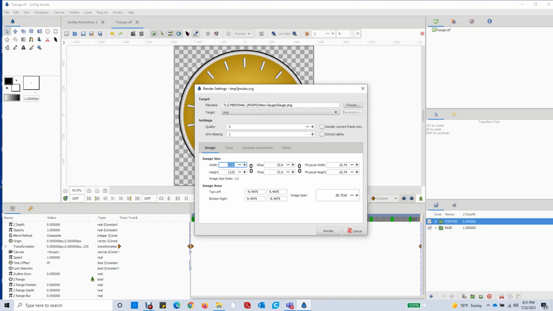Then I'm going to go to the image, and it says, how about I make this image 1133 pixels big? Well, I don't need something that big. I'm going to make a little gauge. Probably 150 or 200 would be good, but I'll go 300 because it's still going to be fairly small pictures. It'll load in quickly, and it'll look great even if I enlarge it. So I've done all of that. All I have to do is hit render, unless I want to increase the quality, and I'll go to quality 9. We'll have the greatest looking little gauge that there can possibly be, and we hit render.